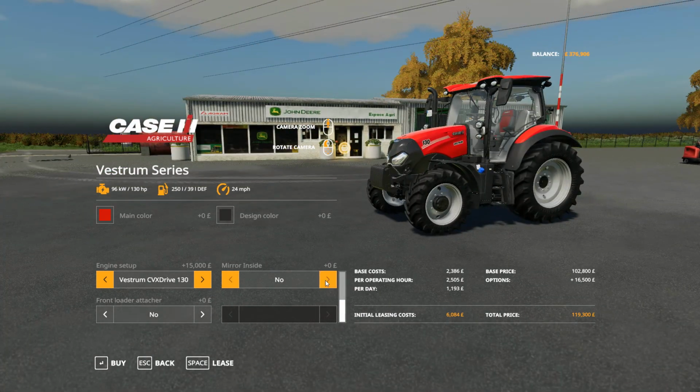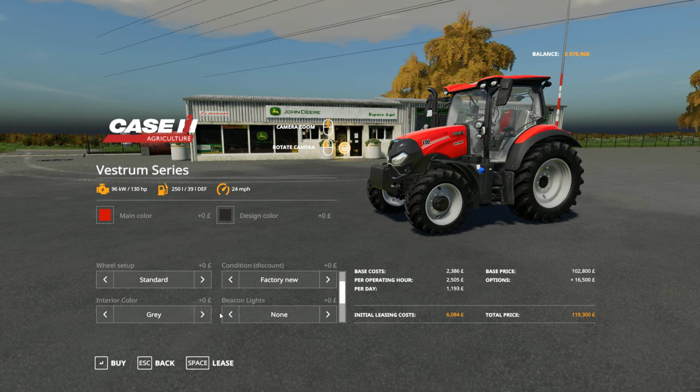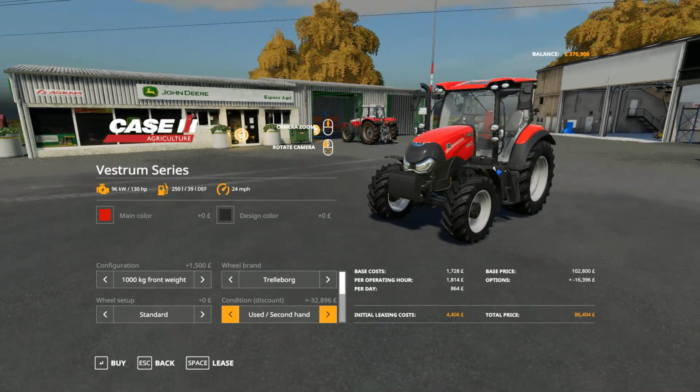So we could put a front loader on it if we wanted to, but I don't think we need it. In condition, we're going to go with a used second-hand one. So that brings the price will be 86,404, which is a fair price. Okay, but